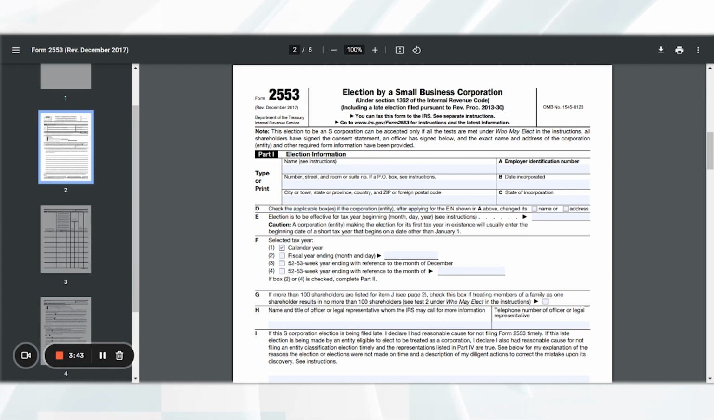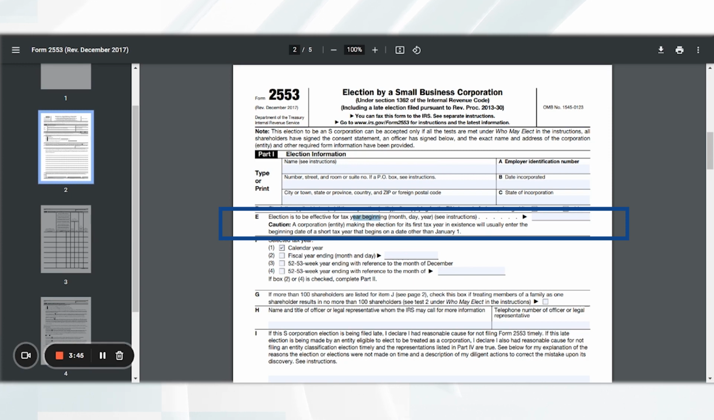Election is to be effective for the tax year beginning. Now, this is really, really important, and I'm going to spend a few minutes on this section right here. Let's assume you created your corporation. Right now we're in the year 2022. Let's say you started your LLC January 1, 2022. Okay. Now you have 75 days